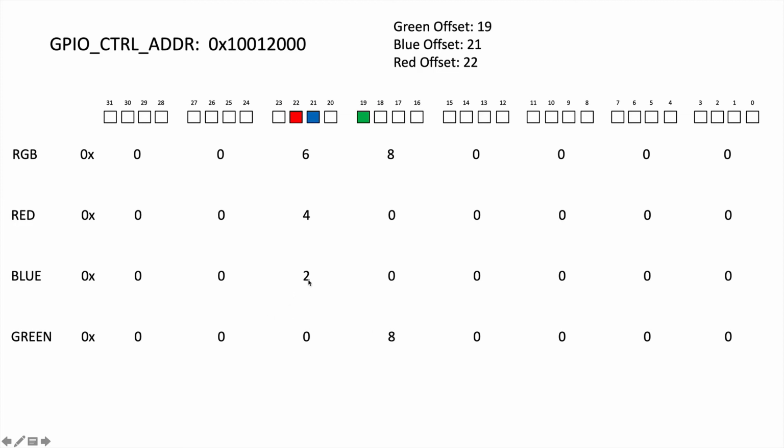When I go up to the blue, I have only this bit here that's set, so I only want the number 2, so that's the hexadecimal value there. And then red is, of course, the one right next to it, so that's 4. Now, if I want to set all of the bits at the same time, then if I set this to 6 and this to 8, then I've addressed the red, the blue, and the green all in one fell swoop by referencing RGB. So if you recall, when we were writing our header file, I said, hey, I've got these hexadecimal values that I'm going to use to represent the red, the green, and the blue LEDs. Well, this is where they come from.